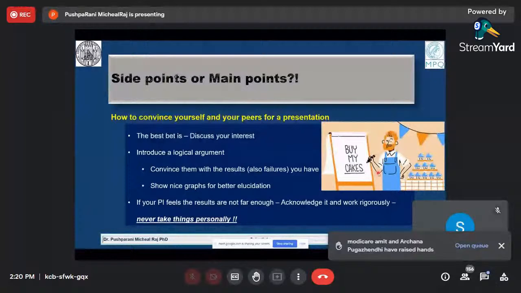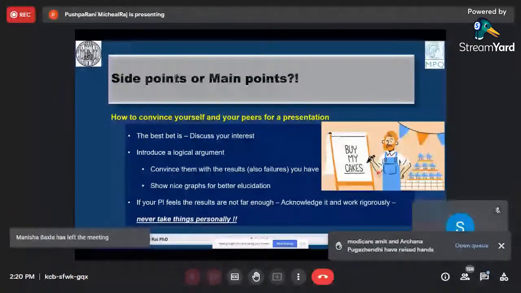as I mentioned before, never take things personally. It is not the platform for it. We have to work for humanity, for science. It is for that level. You are not going to take the results back to your home, but you are going to present them to the world of science. So just think that and work hard towards it.